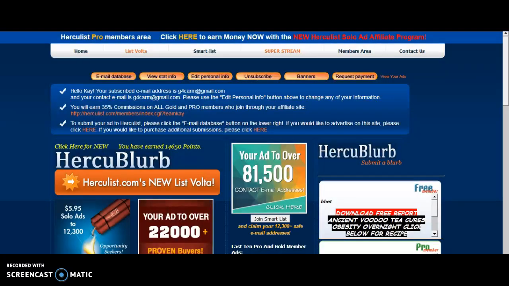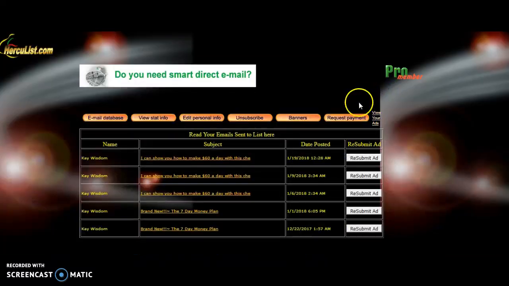Now you could check if it worked by clicking on the members area again. And over here it says view your ads. Now I'm not quite sure if you're a free member whether it keeps track of your ads, but as a pro member, it keeps track of your ads in a window. So my ad that just went out, you could see it right here. So I could just resubmit it whenever I want. I wouldn't have to write it all over again. So maybe that's a benefit of the pro member. If you didn't see that button, I guess you have to be a pro member in order to get this kind of activated service, which I think is pretty neat because that saves me time from coming in here and finding my